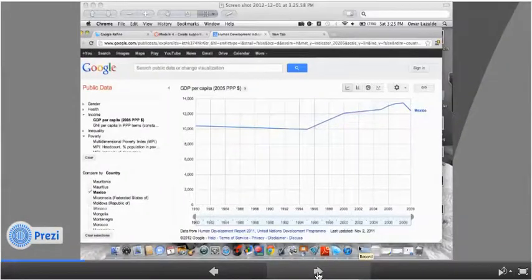So, my first graph here, I found this data set on the Google public data sets that is made available, whether pertaining to different countries, energy sources, etc. And I found this one to be relevant to my topic. It is the GDP per capita in Mexico. You can see it is examining Mexico's GDP, which means the gross domestic product rate.